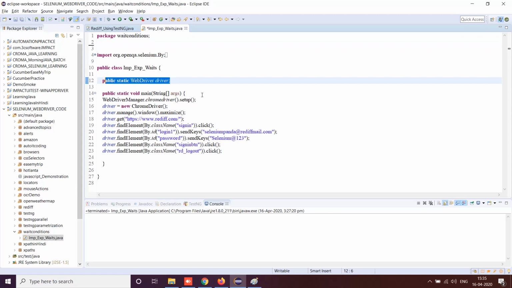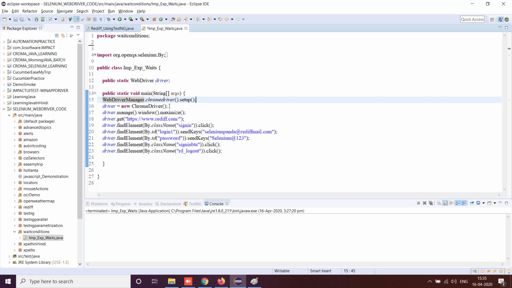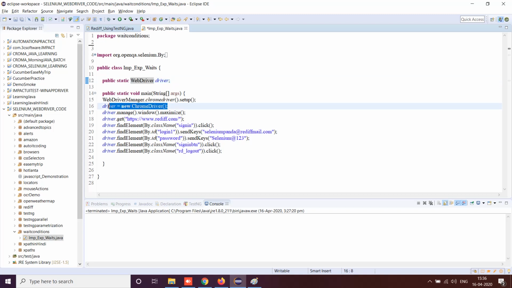I've just written a very simple Rediff Selenium code. I've used WebDriver manager to open the Chrome browser, and I have just used the WebDriver interface. I have declared it at a global level, and I'm using the object reference of the interface to call the Chrome driver class. Then I have maximized the window.